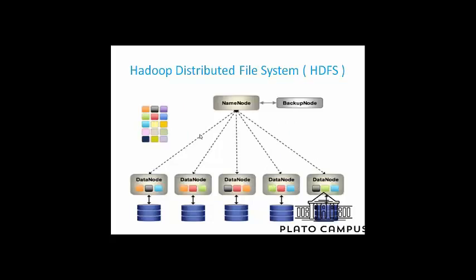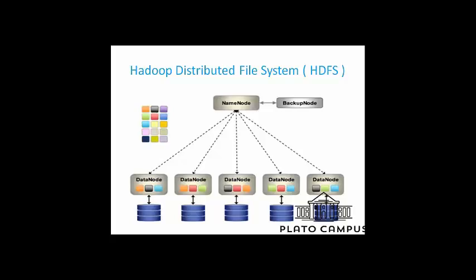Friends, we talked about two things. One was distributed storage. That means we are not concentrating on a single machine for storage. Instead, we can split our bigger files and store those smaller parts on multiple machines. The part of Hadoop which deals with the distributed storage is known as Hadoop distributed file system.